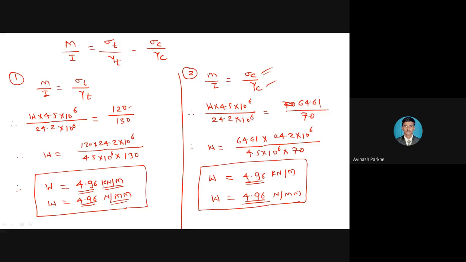So for the common sections like square, rectangle, hollow square, hollow rectangle, circular section, hollow circular section, those formulas I have also explained. Then we have discussed the important formulas related to the symmetrical I section, unsymmetrical I section, T section, inverted T section. And based on that, we have solved so many problems related to the bending stress calculation in the form of sigma T and sigma C.